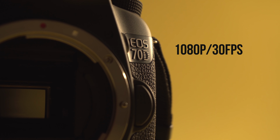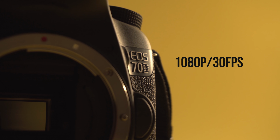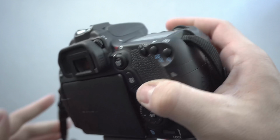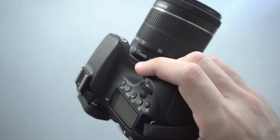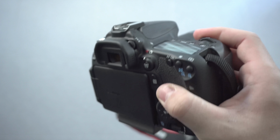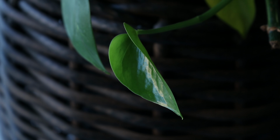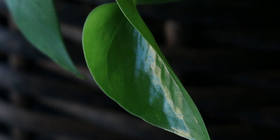Here, we're limited to 1080p at 30 FPS, which would be okay if the video quality was superb, but it's just not. Especially in low light conditions, the Canon 70D really struggles and the result is lots of grain and noise in my footage. I mean, check this out. Here we're shooting at 1080p with ISO bumped up to 800 to maintain correct exposure, and even here the image